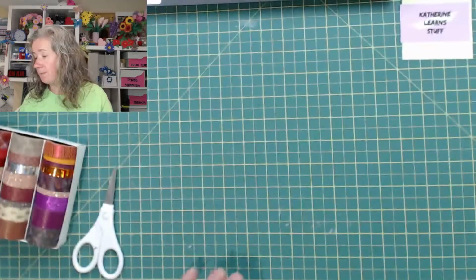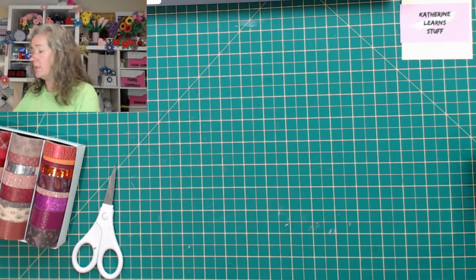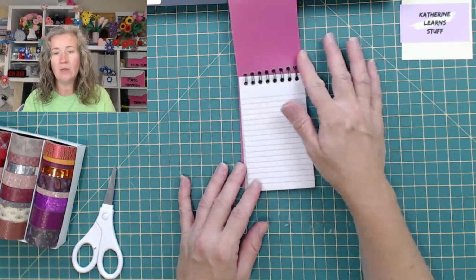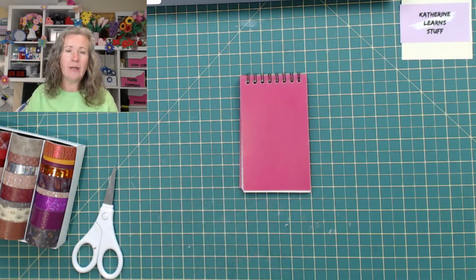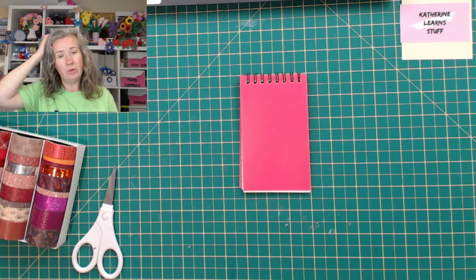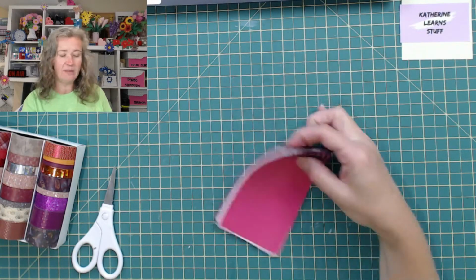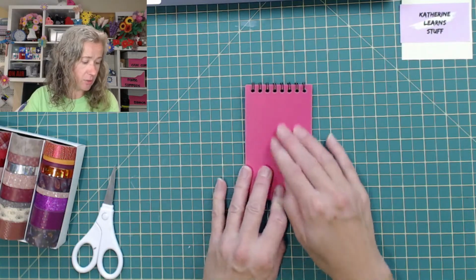So that's number 2. Number 3 on my list here, we're going to go through a million of these, and we're not going totally in order on my list. I have these little notebooks, and I use these a lot actually. I use them in my fanny pack, because I have a purse which I carry all of my stuff in when I'm going to my purse stuff. But I've got these little books, and the color is cute, but it's kind of plain Jane boring. And I've got lots of these kind of books. And so what I'm going to do,